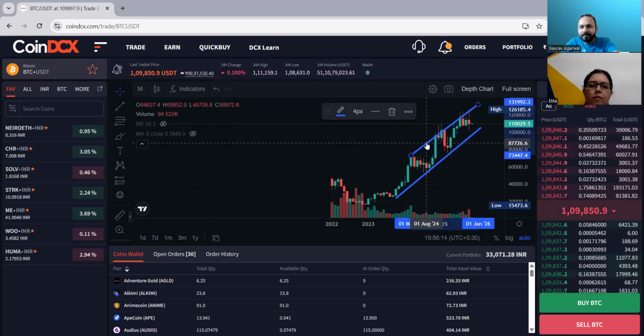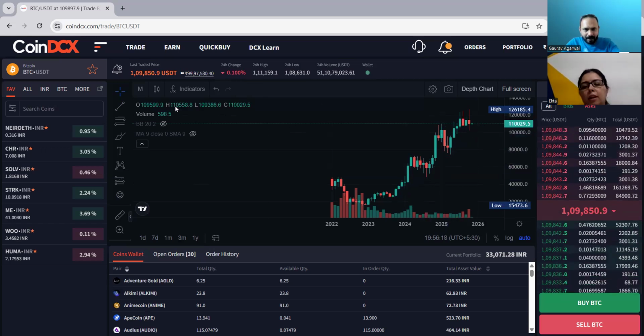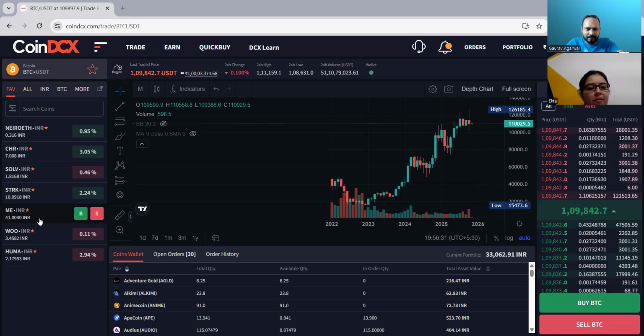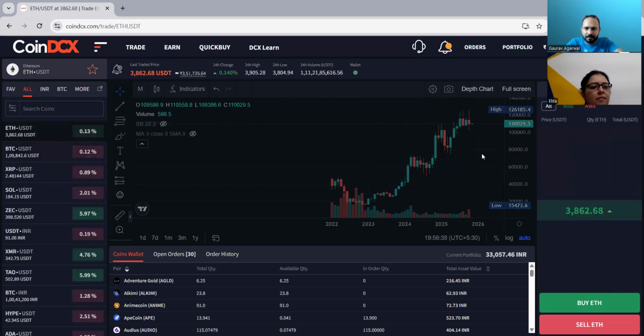I feel this is a very nice chart to see, an ideal situation, perfect, but I would want to see something extreme as well. See, you can say this is the king of crypto, Bitcoin. Now I will show you Ethereum. Maybe Ethereum also has a similar kind of chart.